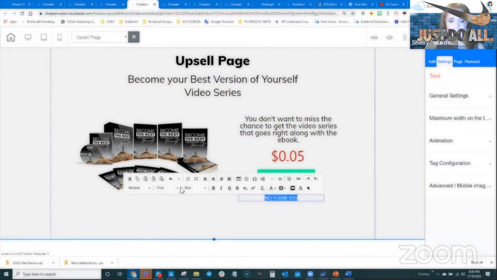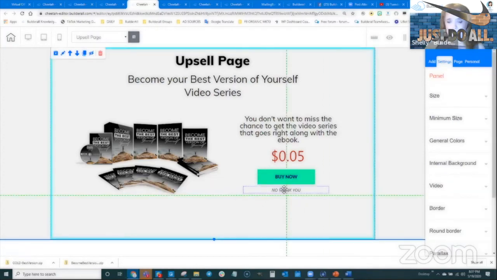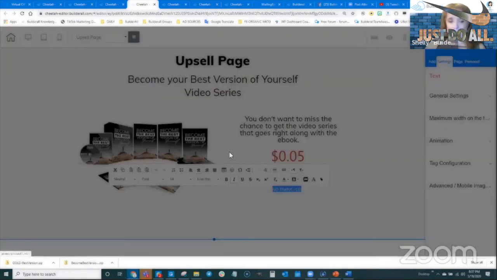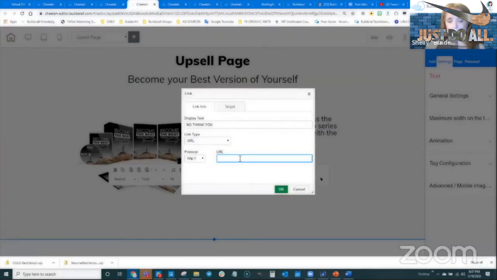So I can go to neutral paragraph and we'll do, oops, not the font, but the size. We'll make it 14 maybe and italic. There we go, just like that. And now I can actually click on here and I'm going to highlight it just like this. And I'm going to click the link area. And on the link area, I can put the URL of the page that I'm going to send them to